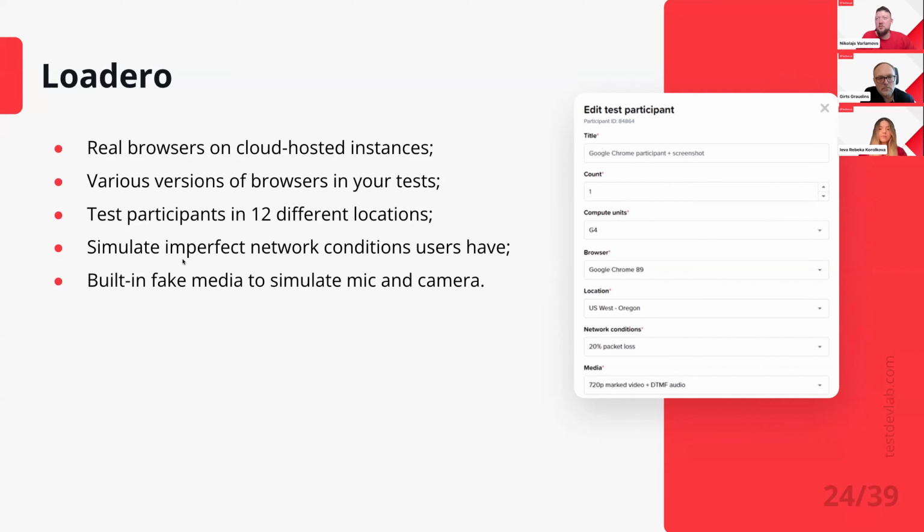And on the right is how a test participant is edited, and basically you can create a script, like write it in Java, or I think Python is covered as well, and you automate UI interactions, and then the user comes in. So some users also can do different things, so basically any scenario can be automated. Users can be in breakout rooms, etc.